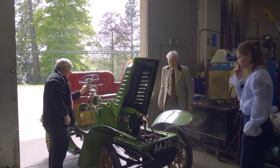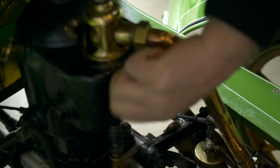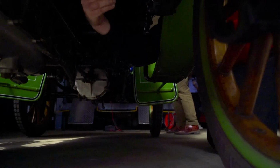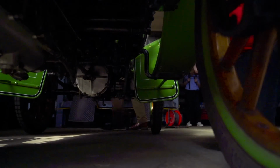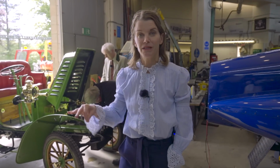Oh. It was going so well. Oh dear. Maybe the car is nervous of me driving it too. It stopped before we even started. So Ian's just having a little play with it, but this entire